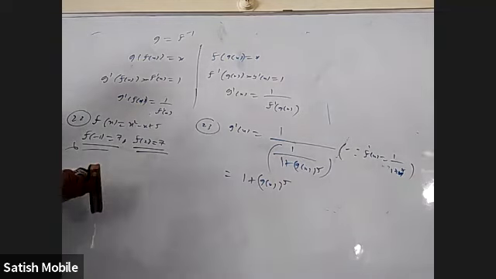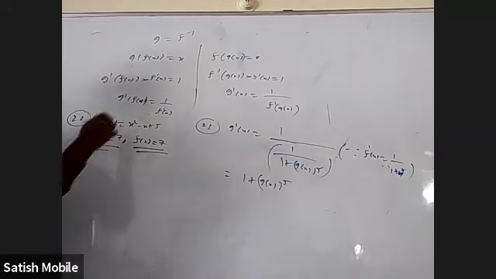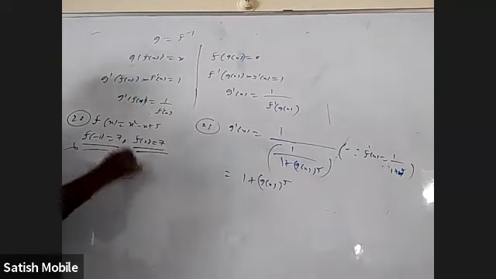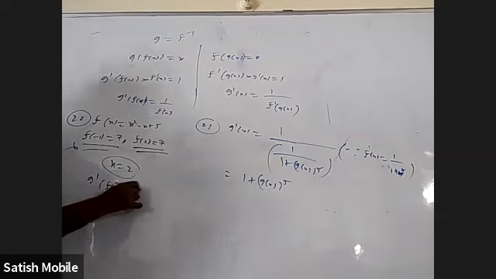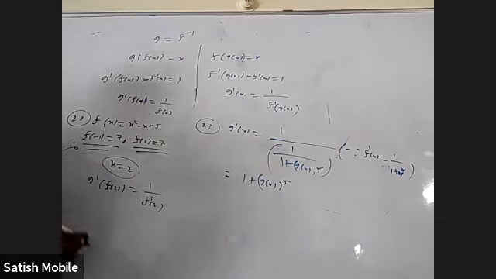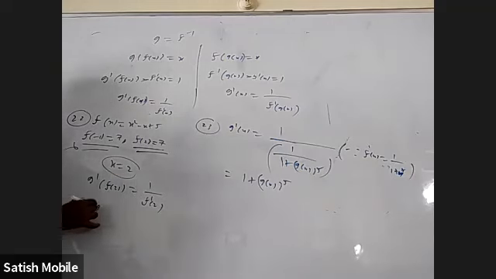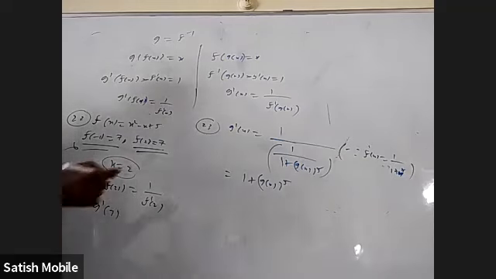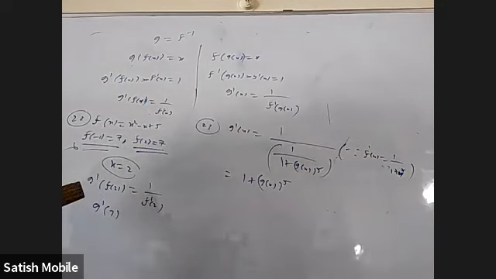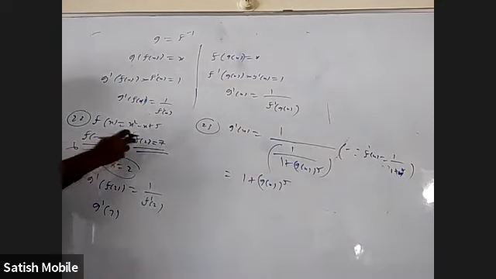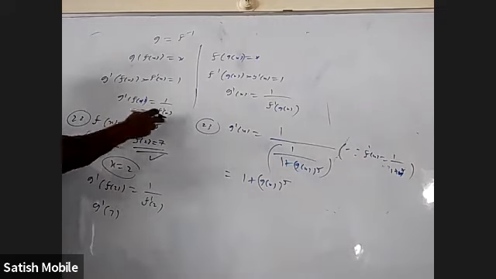Now they want a derivative at 7. So according to this, I'll put x equal to 2 on both sides everywhere. I'll get g dash of f of 2 is equal to 1 by f dash 2. But what is f of 2? 7. So g dash 7. Even though they asked at 7, it is our duty to understand for what x value f of x will attain 7. So that is at 2. We understood that. That's why I substituted 2 here.